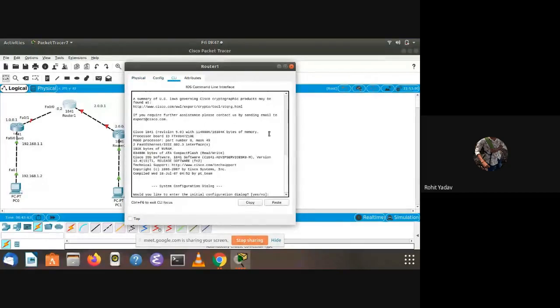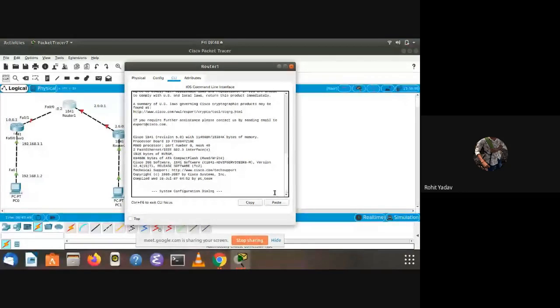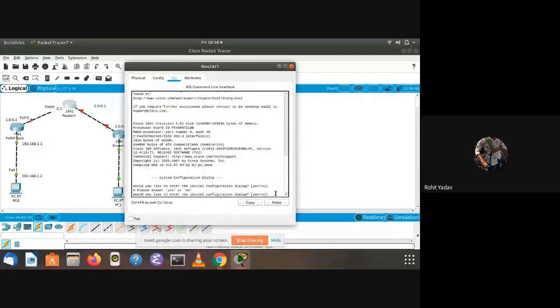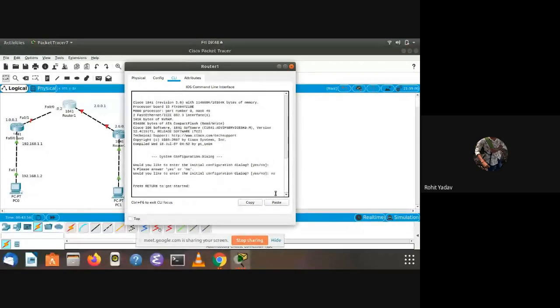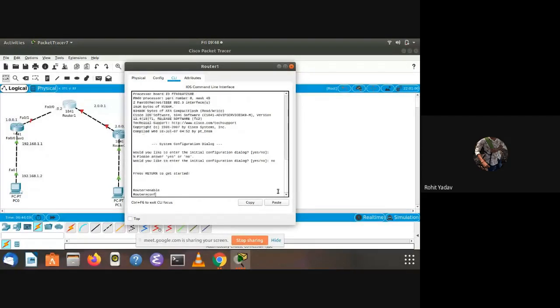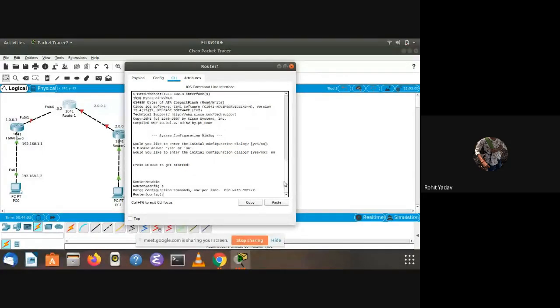Similarly, we will do it on router 2. We will go into the command line interface, enable it, go into config mode and use the name R2.